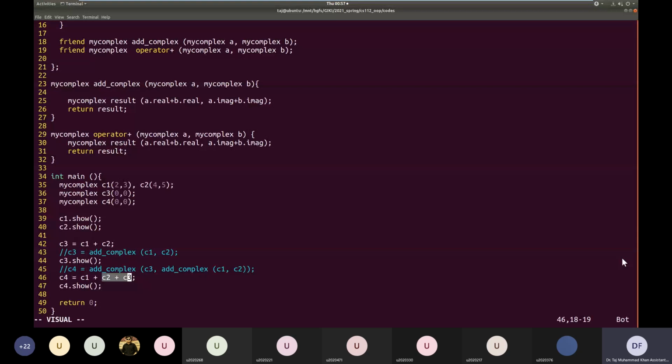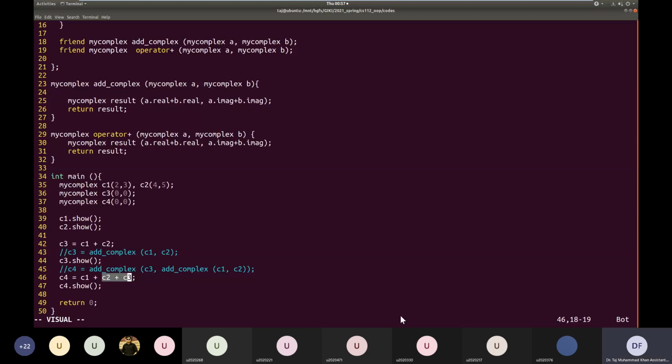Okay, good. So I hope you guys are understanding everything. So usually what happens is that this kind of overloaded operator functionality is very closely related to the type that we are defining.